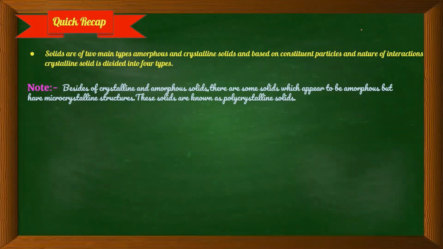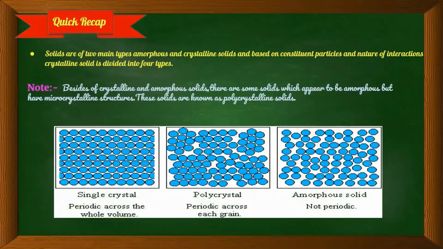Polycrystalline solids have regular arrangement of particles, but that regular arrangement is in a short portion, and that portion is known as grain. As shown in this figure, the crystalline solids have regular arrangement of particles which is periodic across the whole crystal, whereas amorphous solids have irregular arrangement of particles as shown in this figure. And the polycrystalline solids have the regular arrangement but in a small portion, and that small portion is known